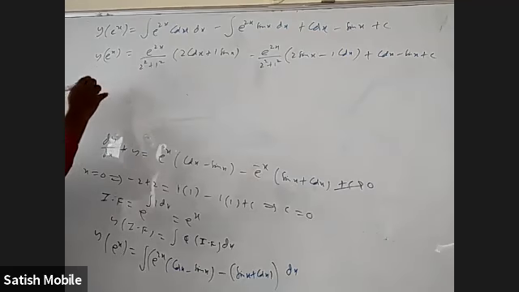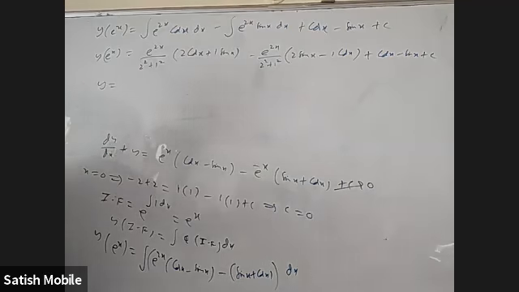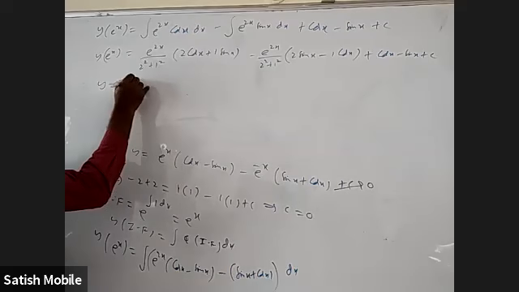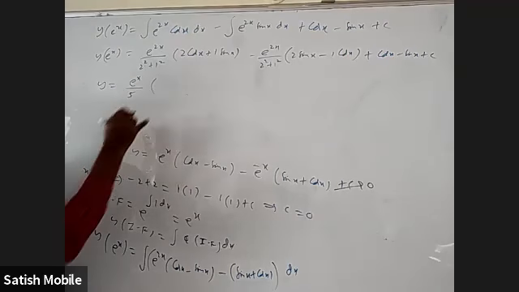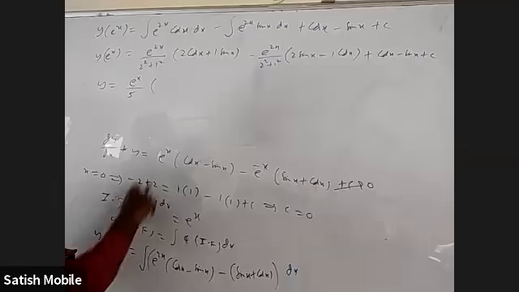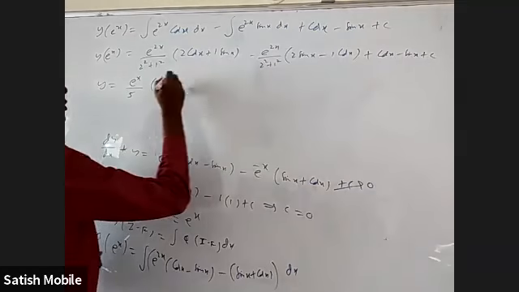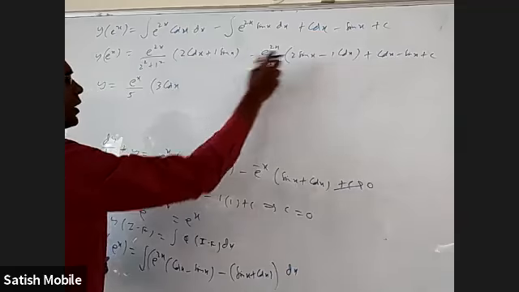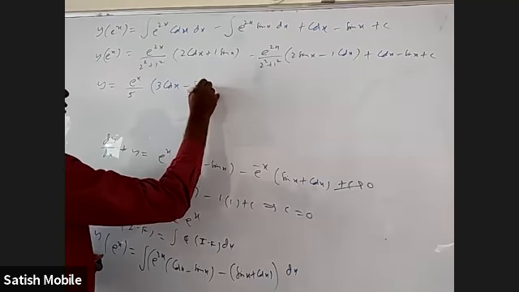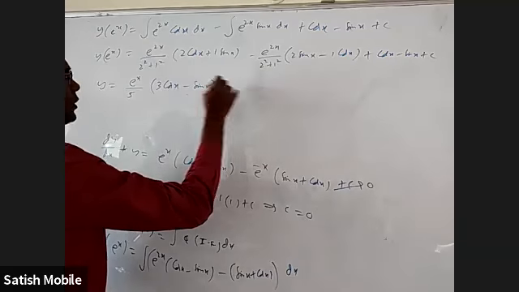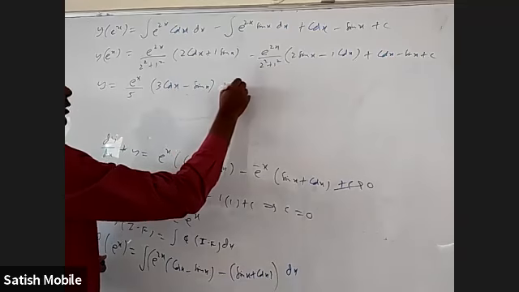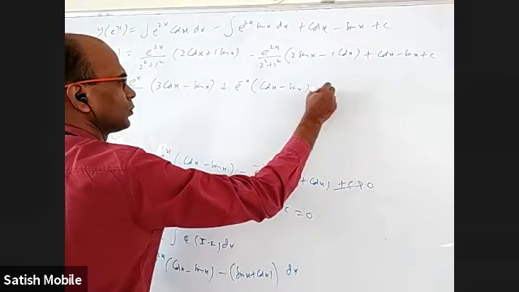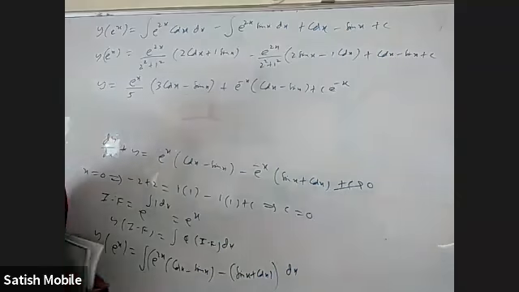I can find c later also, not a big issue. I want to multiply by e power minus x, so that this will become e power x and this will become e power x. I'll get e power x by 5. Here 2 cos x and here this, so together it is 3 cos x. This is sin x and this is minus 2 sin x, so minus sin x. Plus, because I brought e power x here, it will become e power minus x into cos x minus sin x plus c e power minus x.